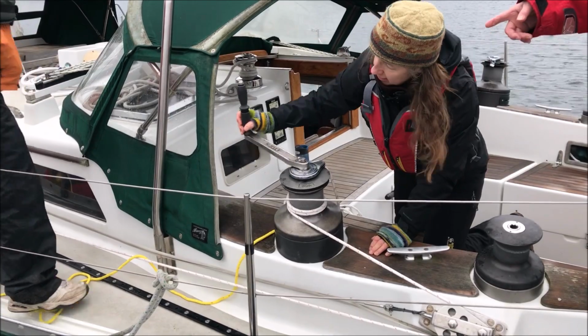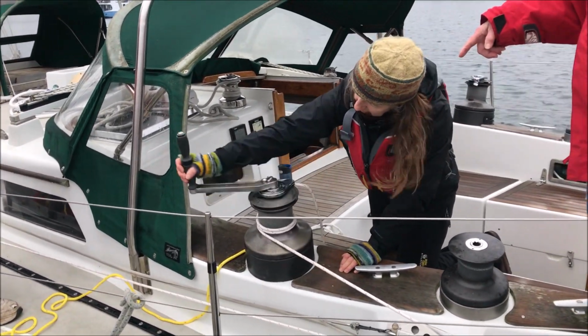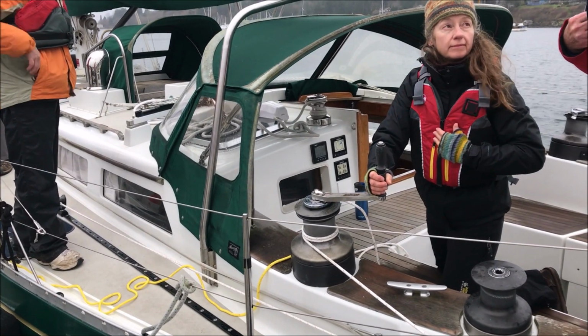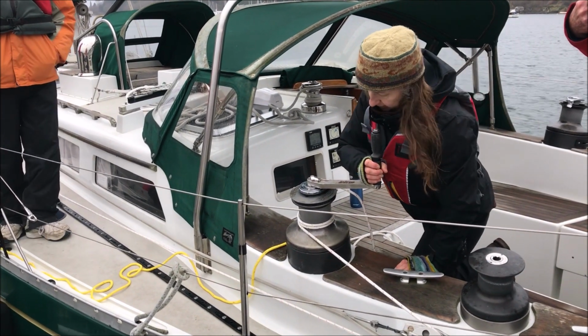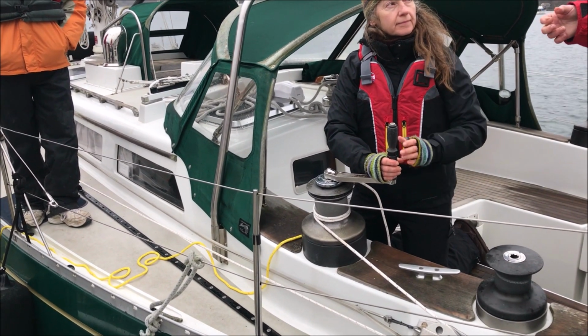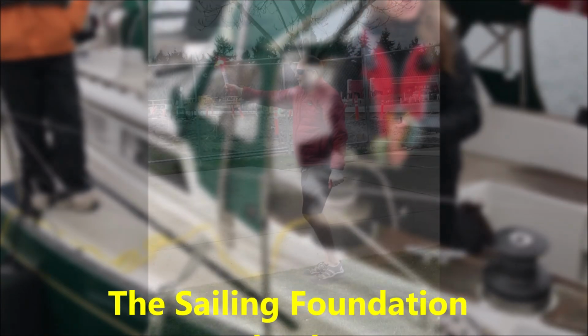So for a woman who's using a winch handle on a winch, if you put this part of your chest right over the center of the winch, you will have the power that's necessary to do that. And we don't have the upper body strength